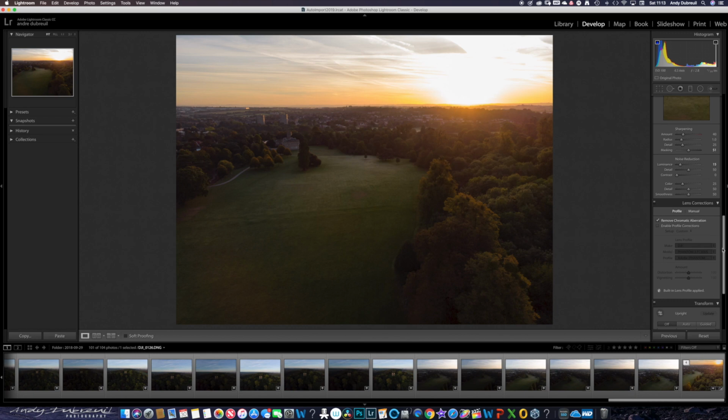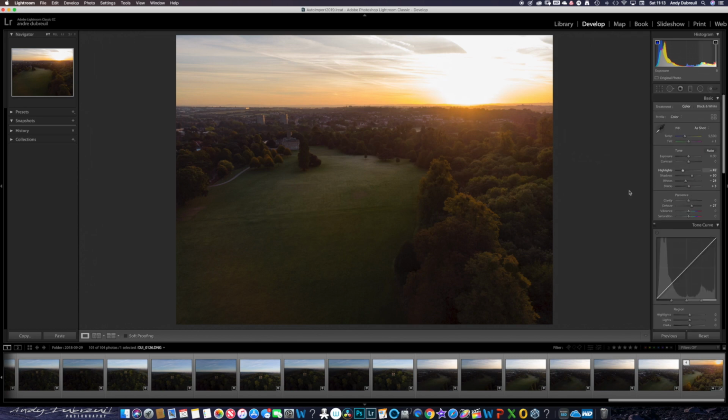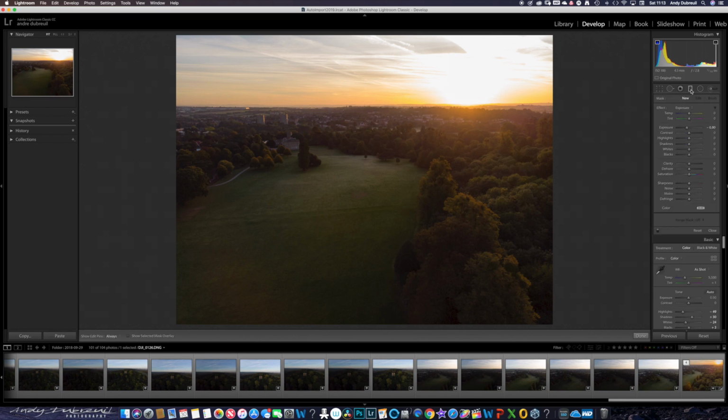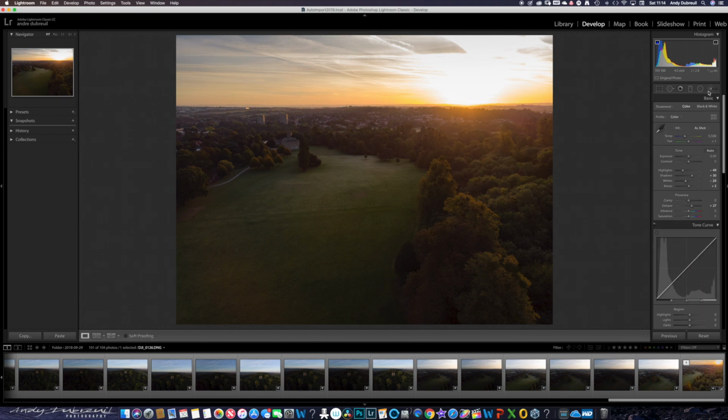So, moving on, we can do something with this sky again. So I'm going to take my gradient tool and do it as a new one, and just bring that down at a slight angle. See how much we can get away with. We'll do 85% on that, and then close that. And we're going to go to our brush,